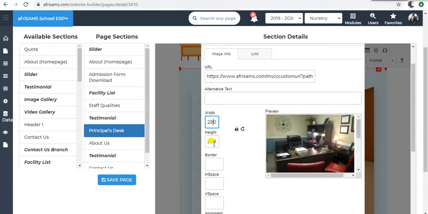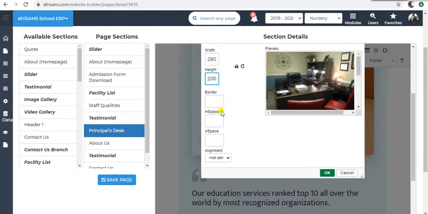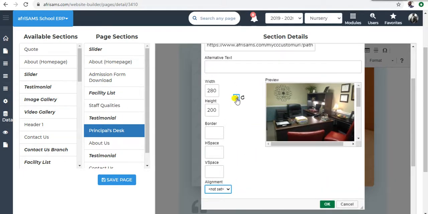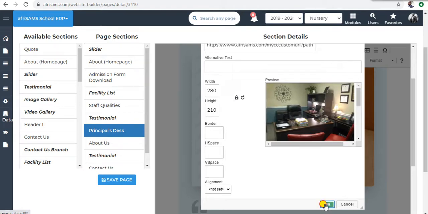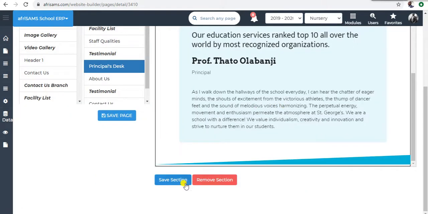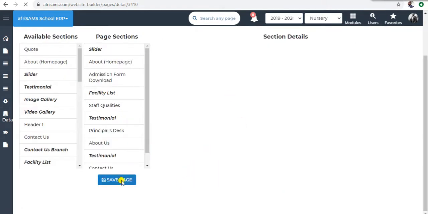Okay, so you can adjust the size here using the width and the height, and the border you can format to your best. You can align to left or align to right, or you can leave it on set. So you can reduce it here and lock the image. You can lock the image so that it won't be editable again, and then you click OK. You save the session, you save your page,